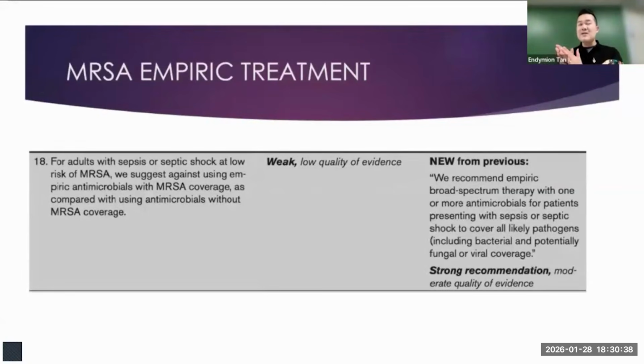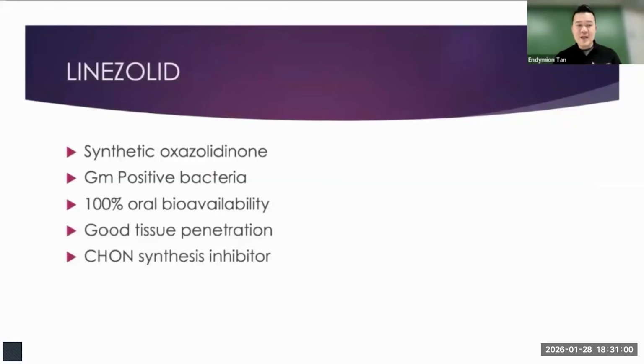So if the patient has sepsis, we have to stratify. Does this patient really need MRSA coverage? Does this patient have a risk of having MRSA infection? If your answer is no, you shy away from giving your anti-MRSA antimicrobials. If your answer is yes, then you can give your anti-MRSA medications or antibiotics. One of those antibiotics with very good anti-MRSA effect would be your Linezolid, because we have seen cases of vancomycin-resistant pathogens. Linezolid has been in the market, and we have Linezolid here in our